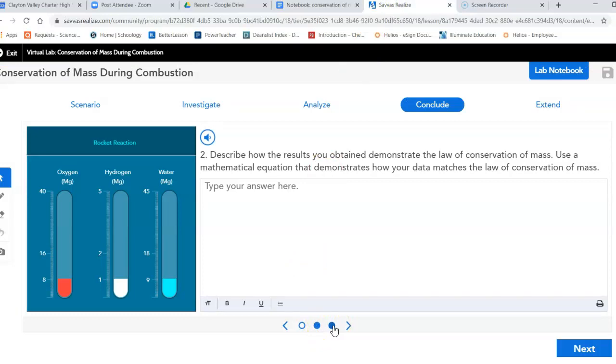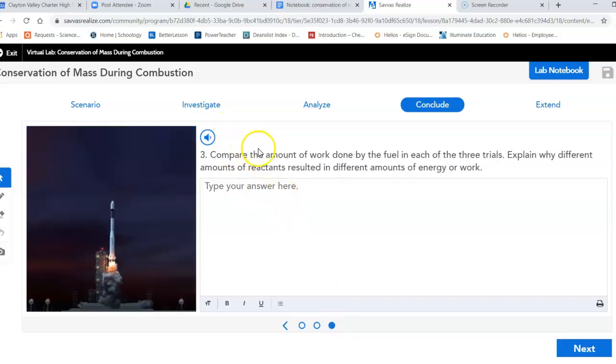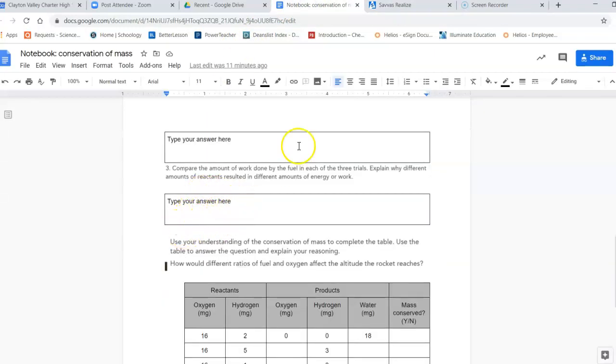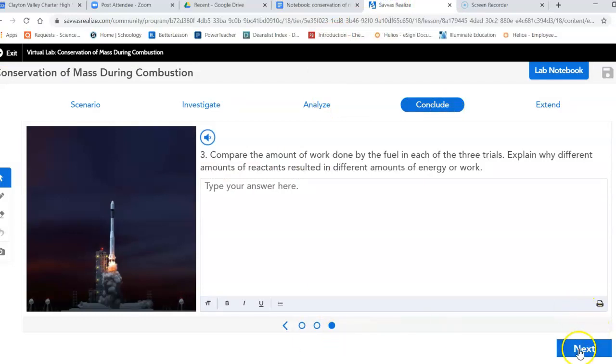You're welcome to, again, pause the video, look at this, and be able to answer the question or ask me questions. Compare the amount of work done by the fuel, so how high the rocket launched, in each of the three trials. Explain why different amounts of reactants resulted in different amounts of energy or work. Answer this question right here. And by the way, the question is already here. And then next,